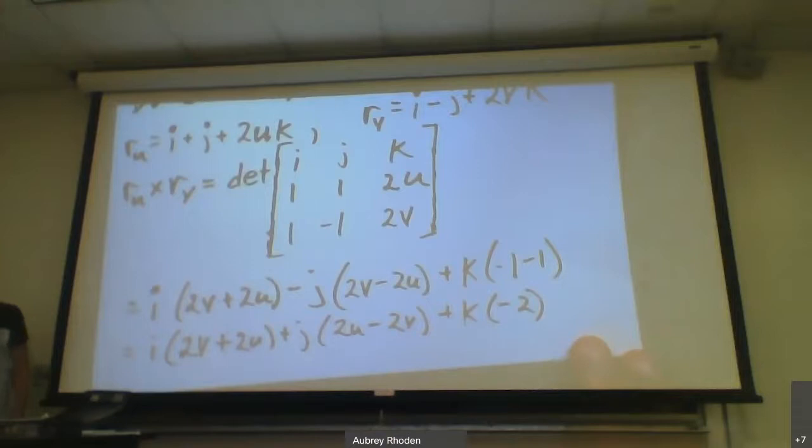Okay, so we figured out what RU cross RV is. So the magnitude of RU cross RV